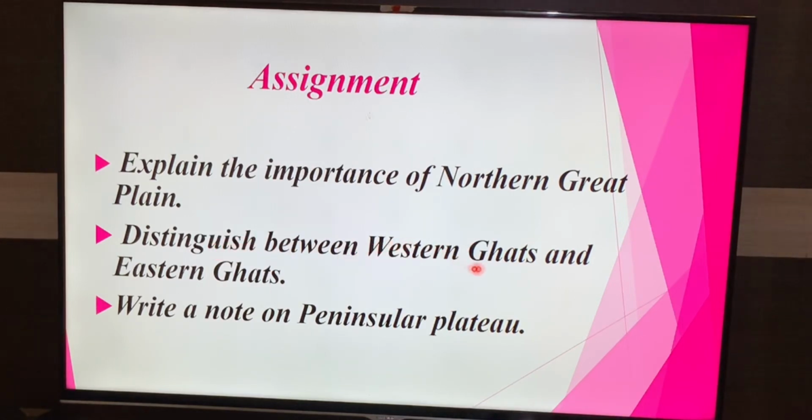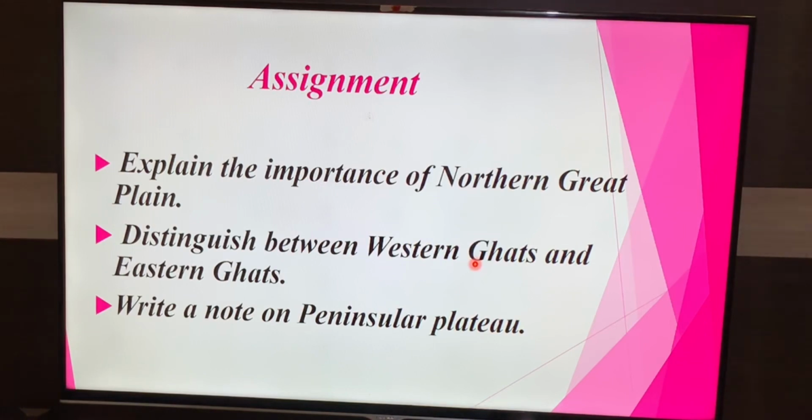Distinguish between the Western Ghats and Eastern Ghats. That is, differentiate between the Western Ghats and Eastern Ghats. Western Ghats are located on the west side. Eastern Ghats are located on the eastern side. Western Ghats are continuous. Eastern Ghats are not continuous. Western Ghats are high. Eastern Ghats are not high. You have to mention the other name for Western Ghats, that is Sahyadri. And mention 3 passes: